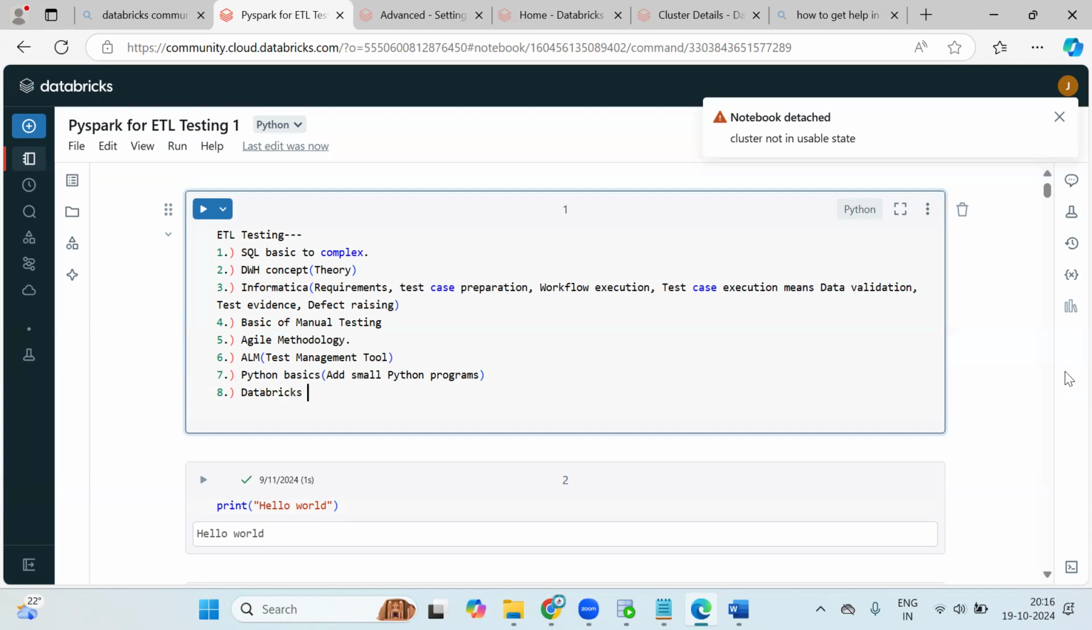Databricks tool overview. Tools overview. How you are going to use the Databricks tool, overview. This is just overview only. Nothing is there in this tool. Okay, overview. Then